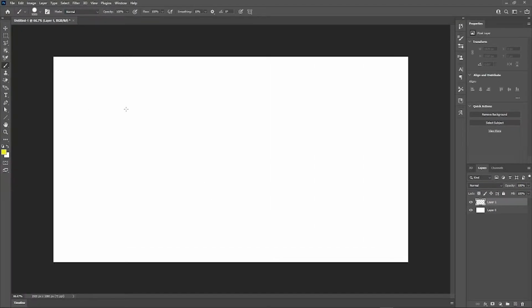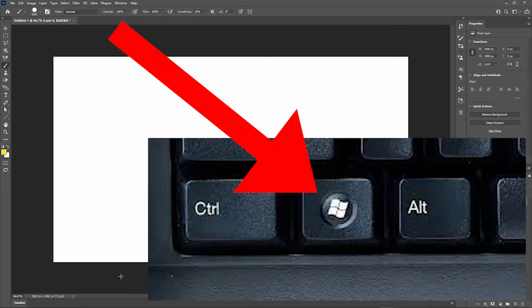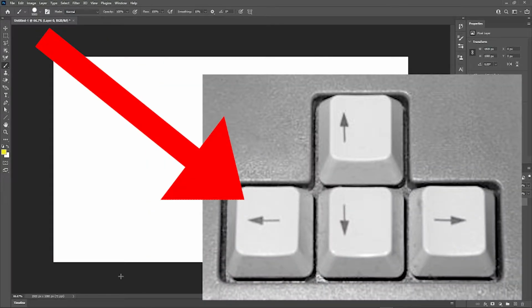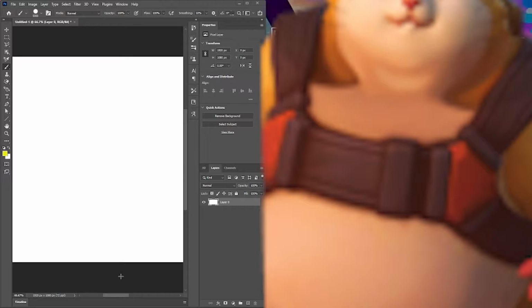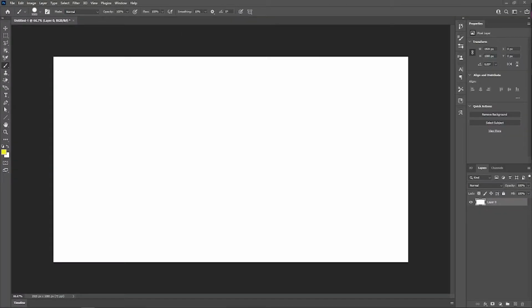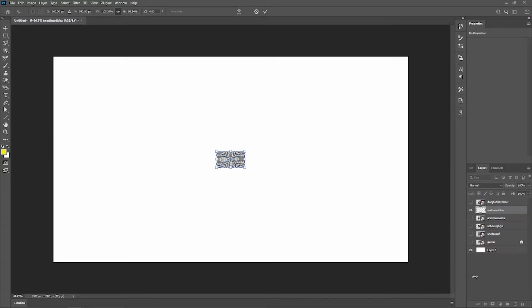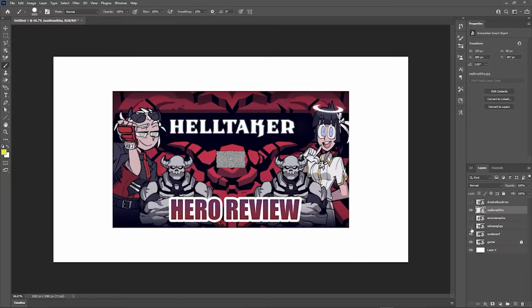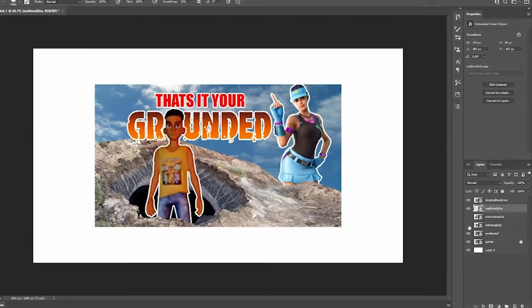If you would like to draw, but who wants to draw? Press Windows arrow button, and what you can do is turn it like that. I'm not gonna show you because it has, you know, all my files. Let's just grab a bunch of images. Grab the image you want and just chuck it in. Now that I've got my images I want to use, I can turn the visibility off on them and choose